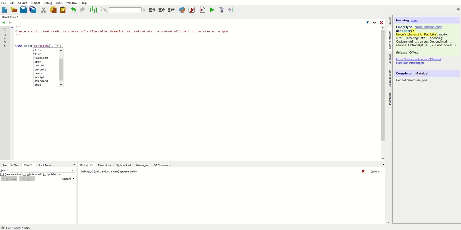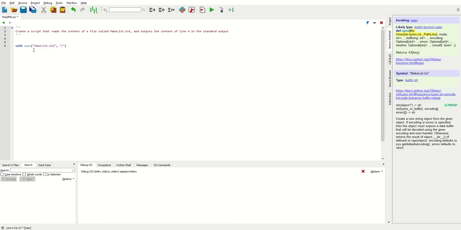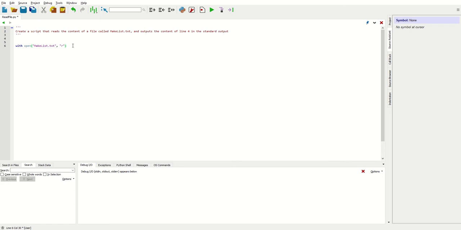Makelist.txt with M and L in uppercase, and give a name to that object so that we can manipulate it. I'm going to call it the maker file. And now the easiest way to capture the lines and then print the one we want is